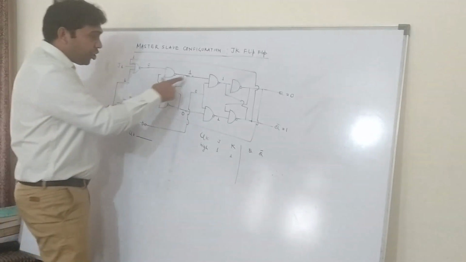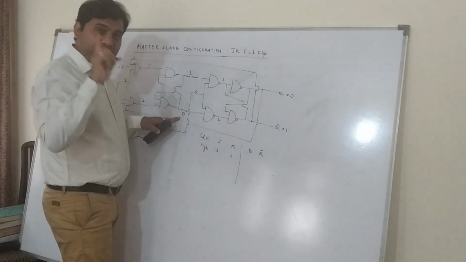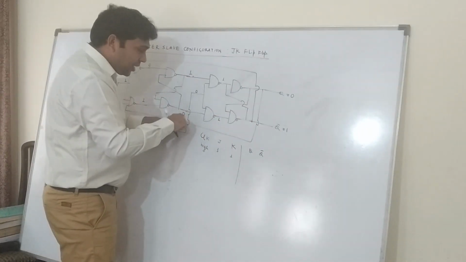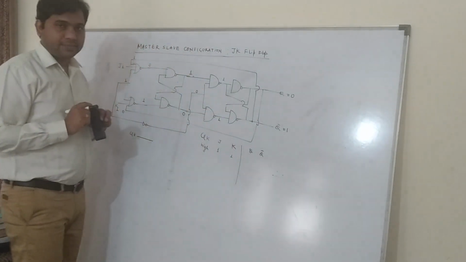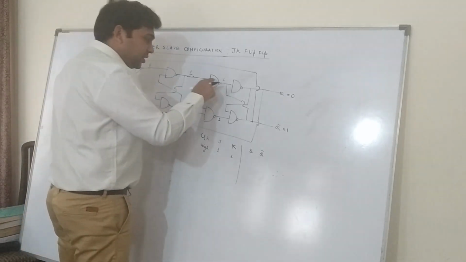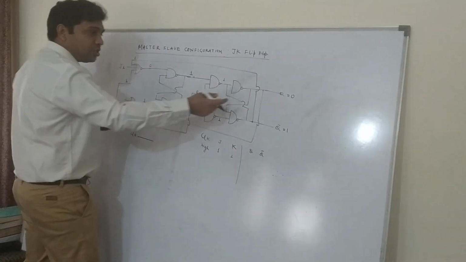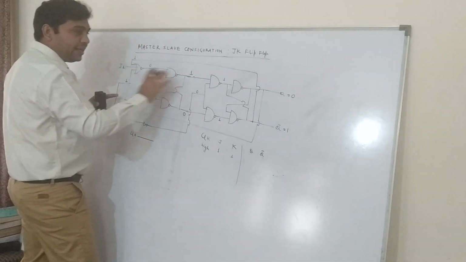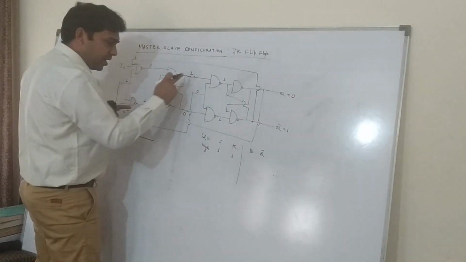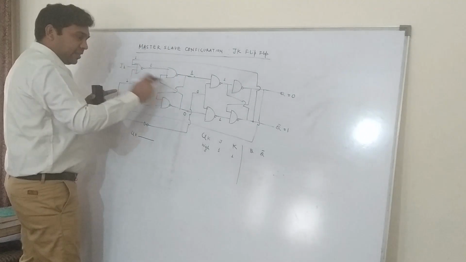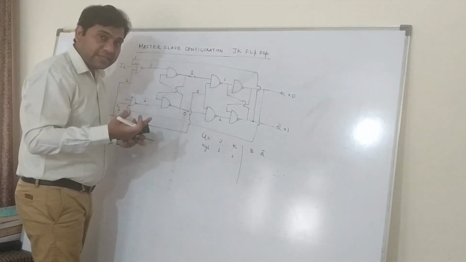But this 1 and 0 appear here, but it will not change the output. This is very important. Since 1 and 0 has appeared here, but the clock is 0, this will remain in a memory state. Earlier, because this Q and Q bar was the feedback of this circuit only, and the output we were taking from here, as soon as this becomes 0 to 1, there becomes now 1 and 0, and then the feedback was going back to the circuit, again it becoming 0 and 1, and that's why we are getting the racing conditions.